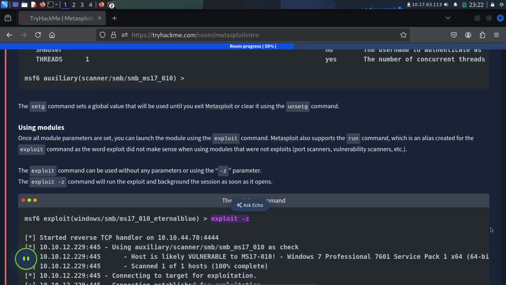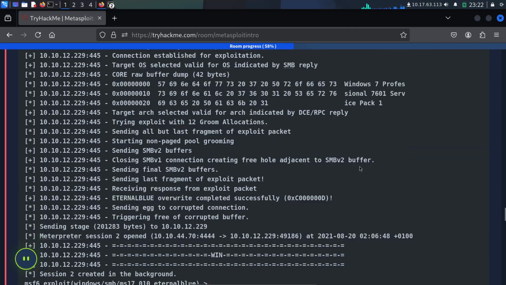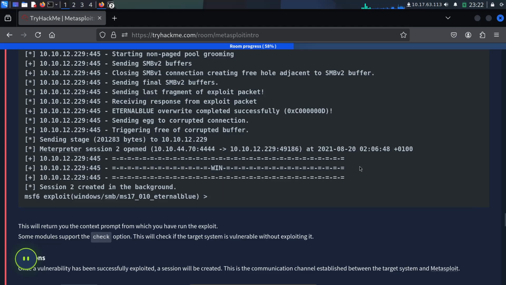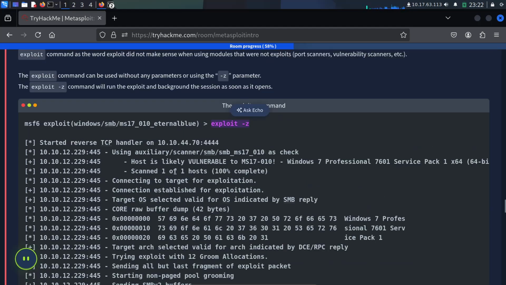Alright, and then this is the EternalBlue.